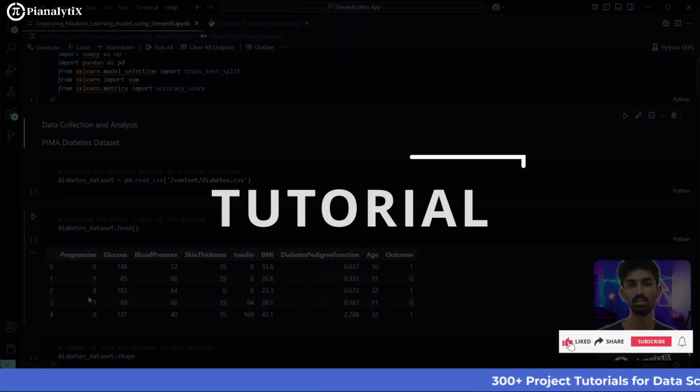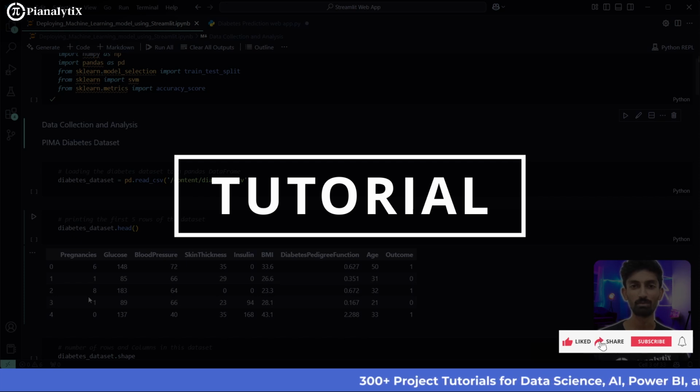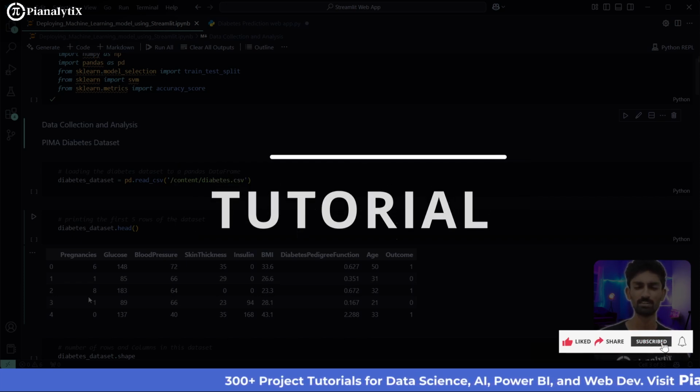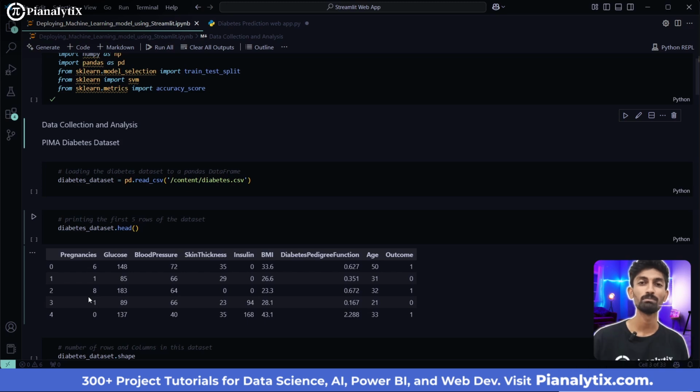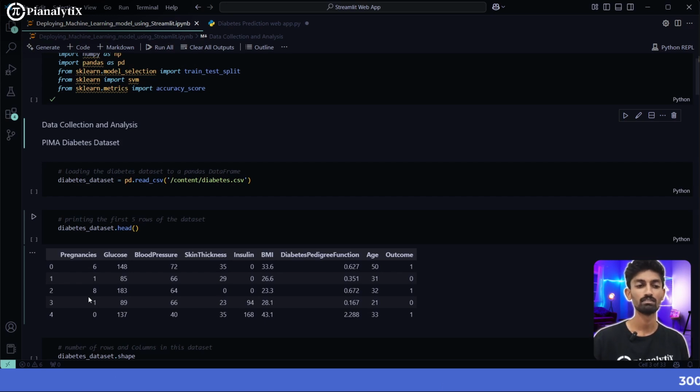Let's go. The model we are going to use is a simple SVC model, I guess. For that, we're just going to use an SVC model. You can use your neural networks also. What you're going to learn is Streamlit. What Streamlit is, it enables you to make your machine learning models, and